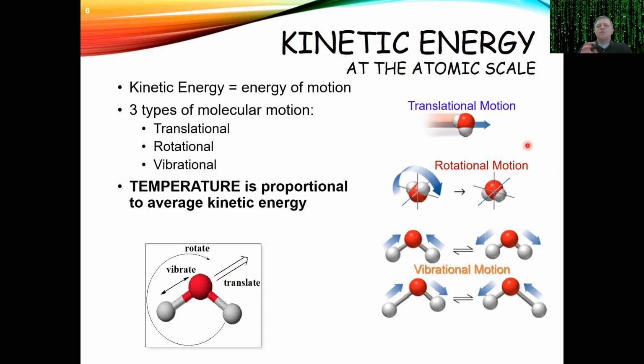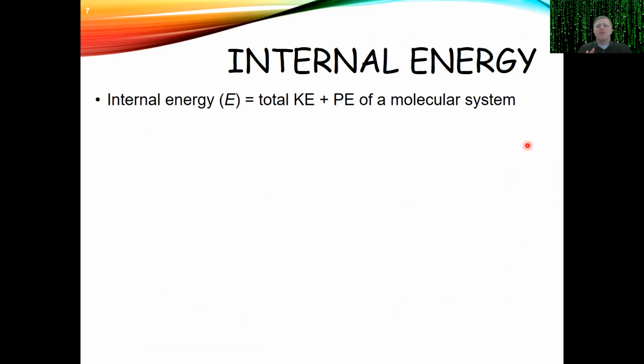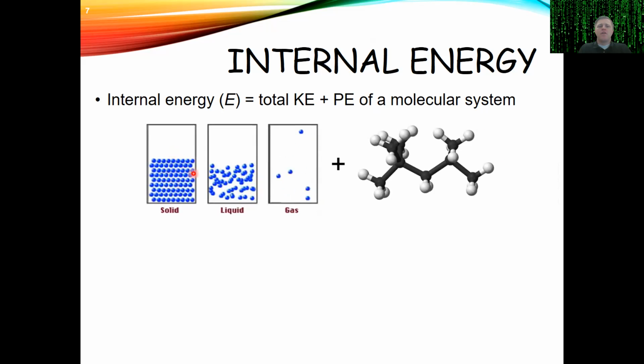Okay, now, we've talked about potential and kinetic energy. We often want to think about all of the energy in a molecule or in a group of molecules. And so our total energy we refer to as our internal energy. So the internal energy is equal to the total kinetic energy plus potential energy, right? That means all of our motion, whether we're a solid, a liquid, or a gas, plus all of the energy stored in all of our covalent bonds and in all of our intermolecular interactions.